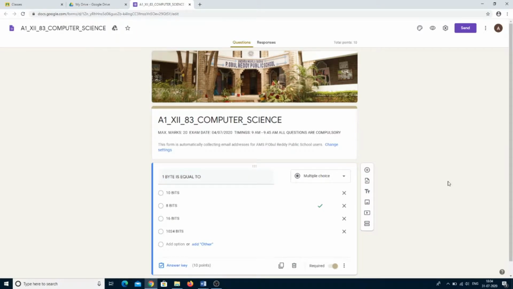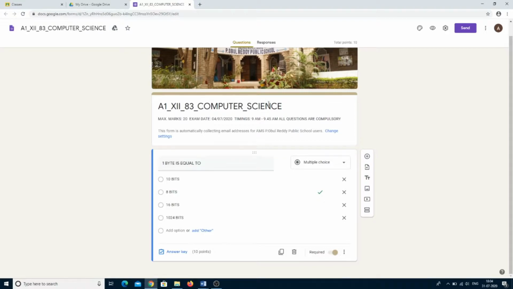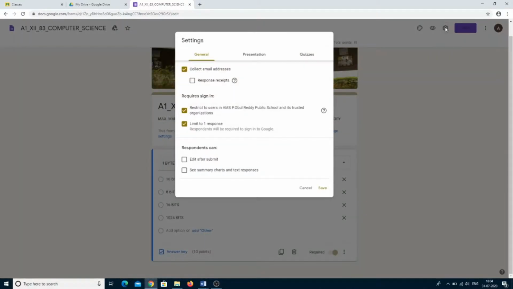So now as a HOD, we need to check whether the Google Form title is perfect or not, descriptions are okay, instructions are given properly or not. What the questions and answers are, whether the answer key is there or not, whether the points have been specified properly, and whether required is mandatory. And the more important thing is, as a HOD, you need to check the settings. If the settings are not given properly, then they are not able to import grades. So click on settings and check it out.